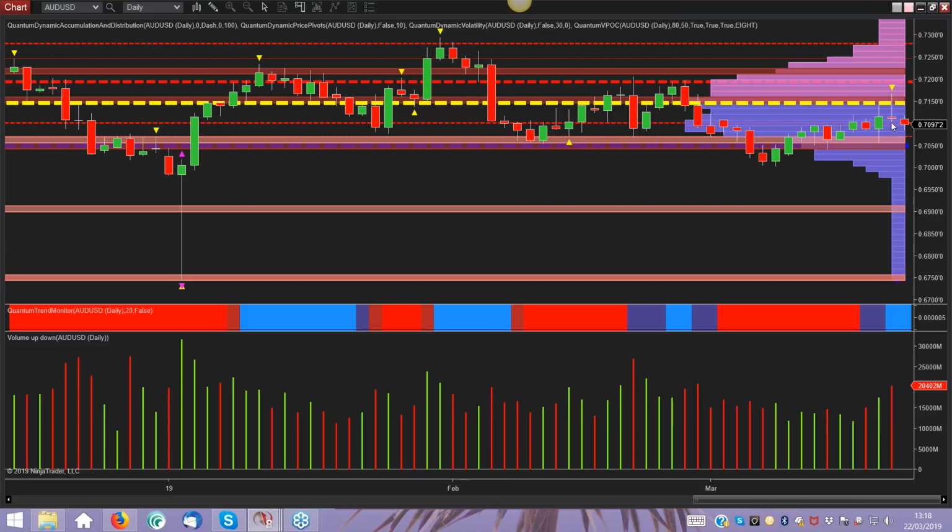What is the volume and price action telling you on the daily chart vis-a-vis what may or may not happen in terms of you as an intraday trader? You can see it here. We've got very good volume yesterday. We've got a very weak candle, big wick to the upper body, very narrow body. Is that strength or weakness?